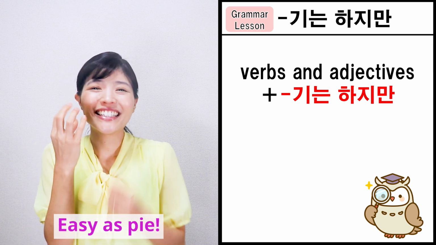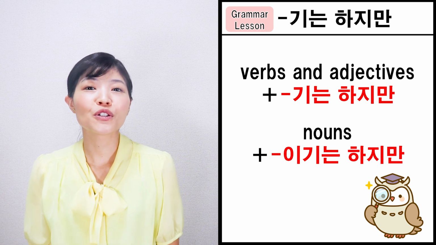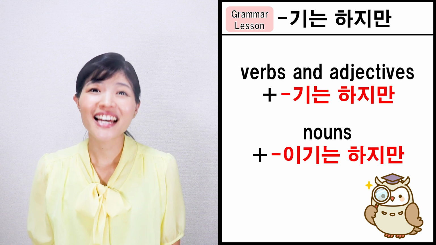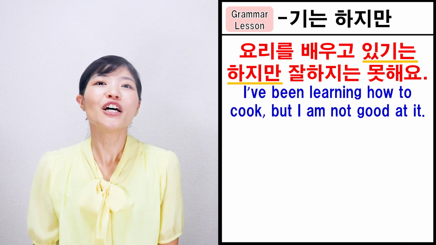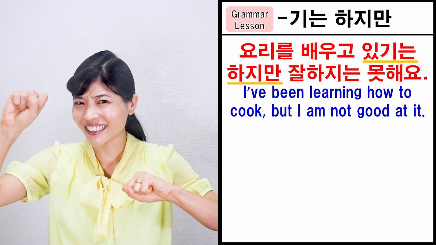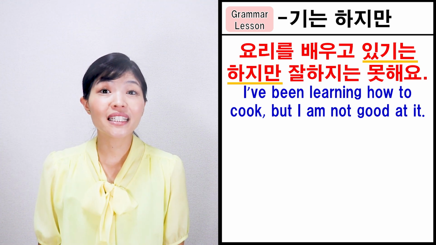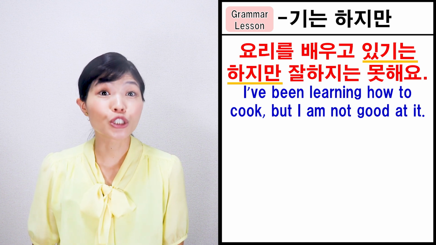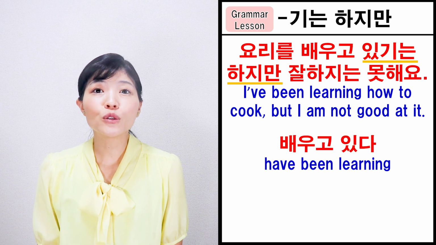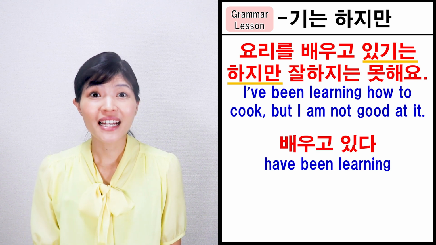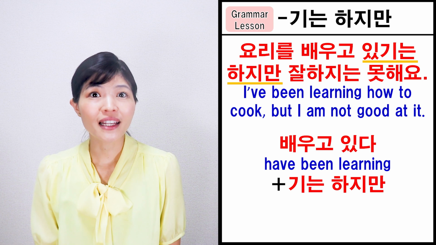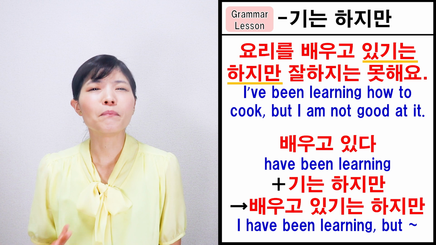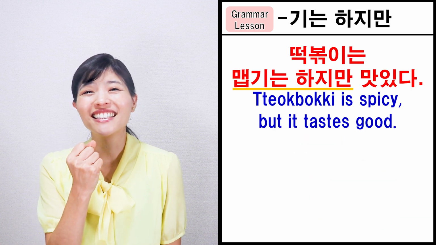Easy as pie! And for nouns, you attach 이기는 하지만, regardless of a final consonant. Then let's read a sample sentence which expresses the contrast. 요리를 배우고 있기는 하지만 잘하지는 못해요. I've been learning how to cook, but I'm not good at it. 배우고 있다 means have been learning. So you add 기는 하지만 to make 배우고 있기는 하지만, I have been learning, but